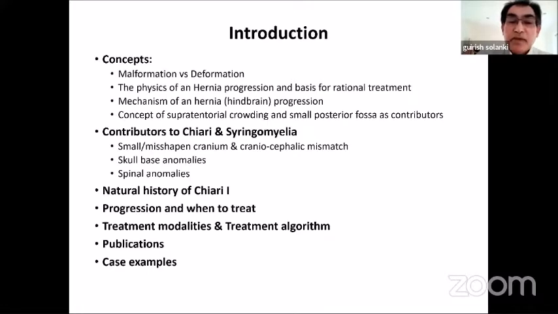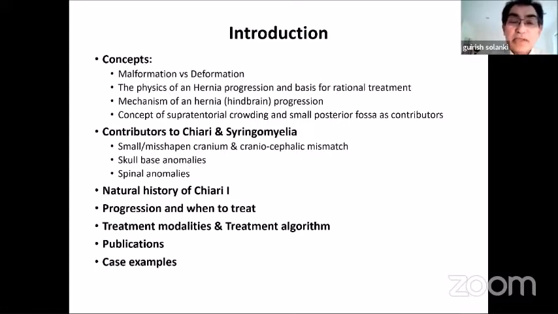We should also talk about tonsillar hernia or hindbrain hernia, and what actually the physics of a hernia progression are, and then the basis for rational treatment of a hernia anywhere in the body, but specifically in the special circumstances of a hernia in the foramen magnum, and then the concept of what maintains a hernia or makes a hernia worse, which is called supratentorial crowding in the presence of a small posterior fossa,